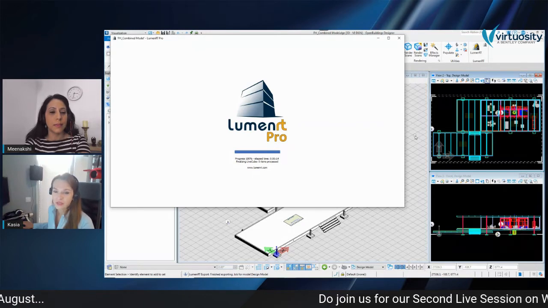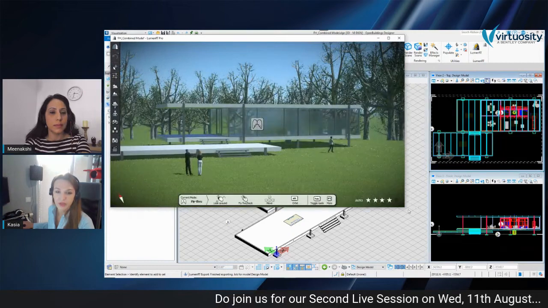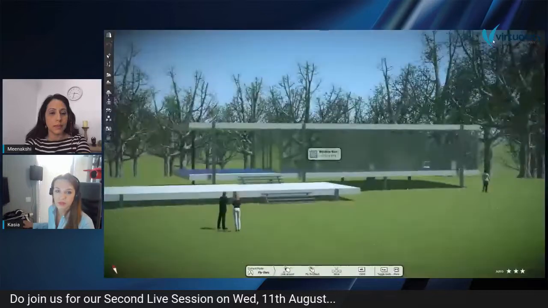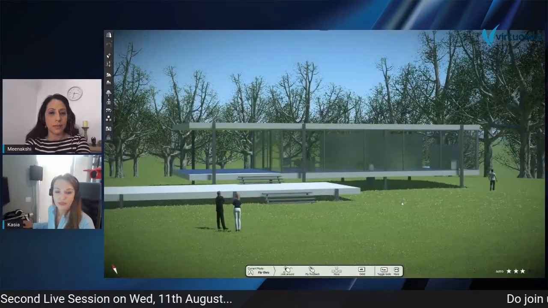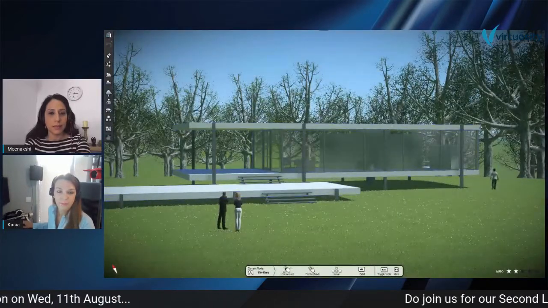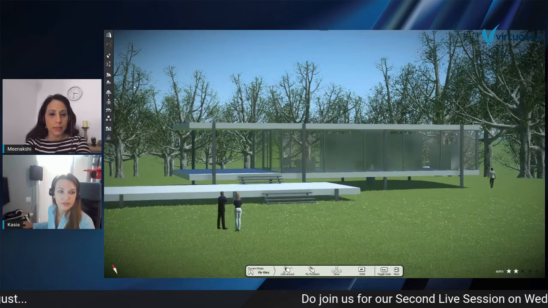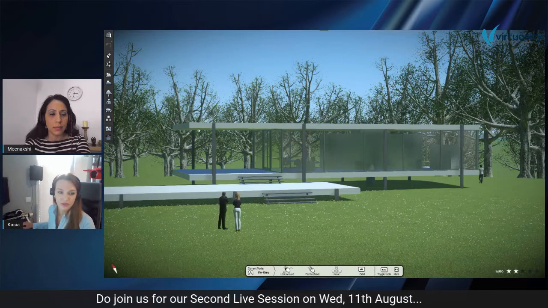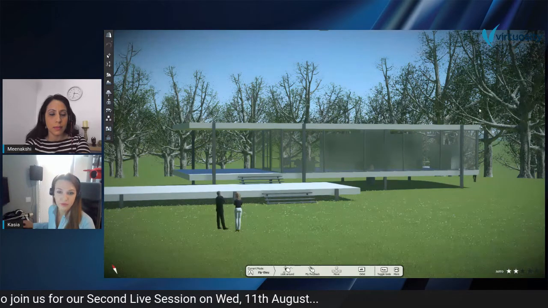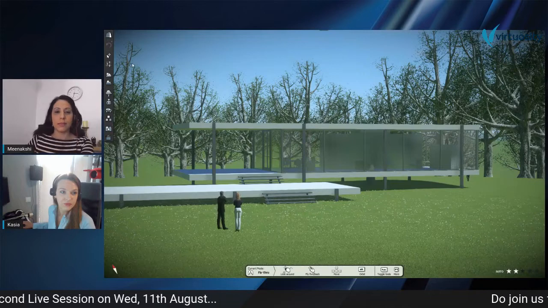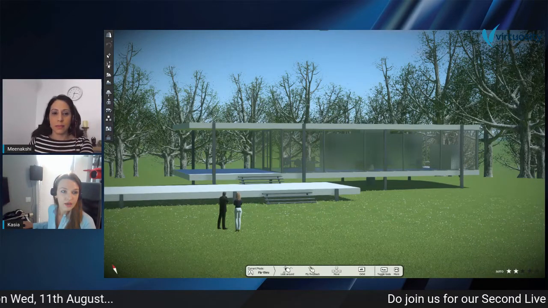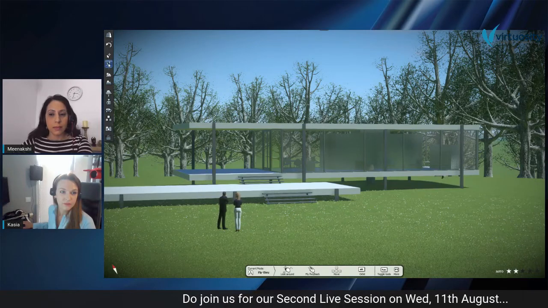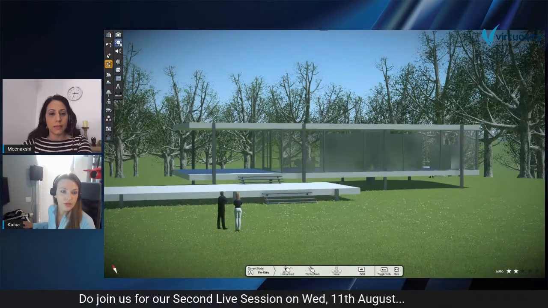So we can set the terrain to be as much similar as possible. I already set the grass and the greenery, but let's see how it works in general. As you can see, the interface of Luminart is really simple and intuitive, in my opinion. And on the left, we have all the tools that we need, and we can, for example, decide about the